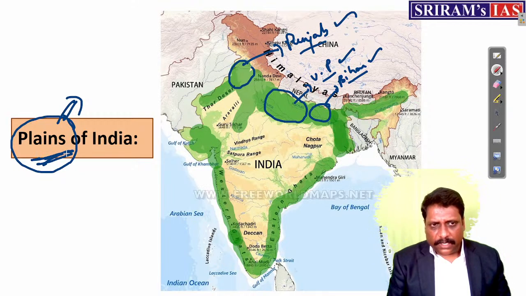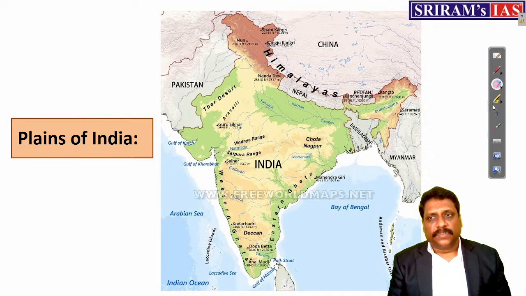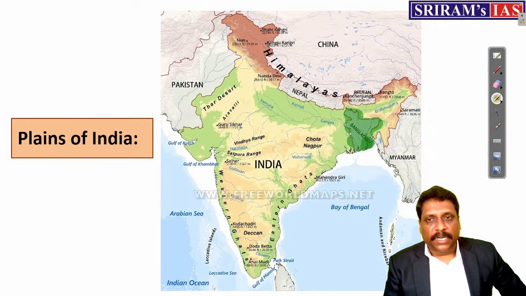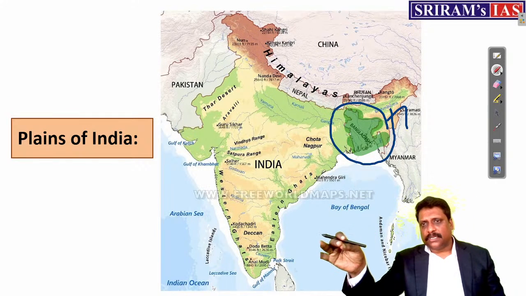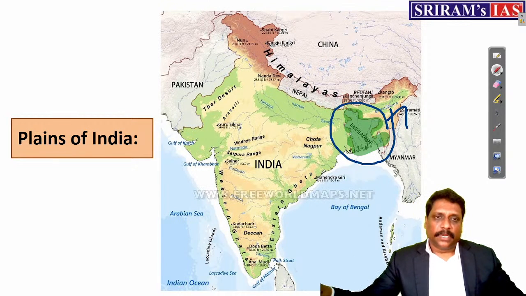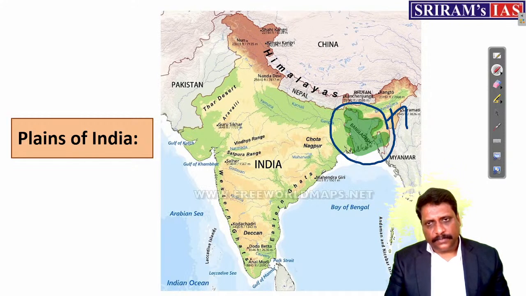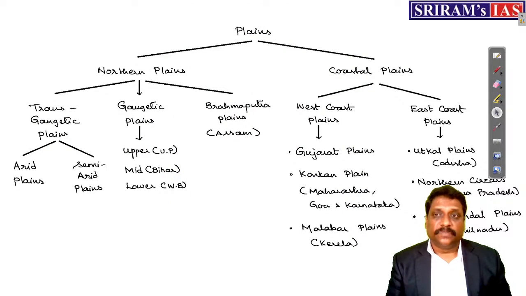So it is universal that plains will be populated, because among the larger countries of the world, the countries which have more than 1 crore or 10 million plus population, which is the most thickly populated country in the world, if you ask me? The answer is Bangladesh. Why Bangladesh? Because entire Bangladesh is a plain. Except a small Chittagong region, entire Bangladesh is a plain. Fertile plain, the two fertile plains. So any plains you take, as I said, the carrying capacity of the land will be highest.